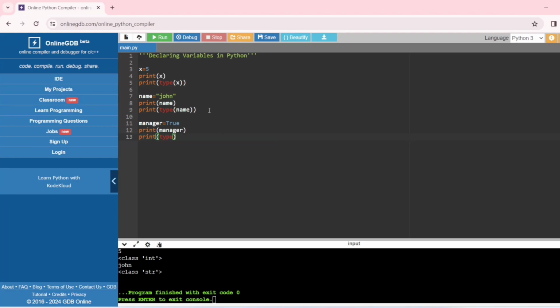Let's see the output of this. Here we can see the variable type of name is a string. Let's see with the third example. Here I am assigning to this variable